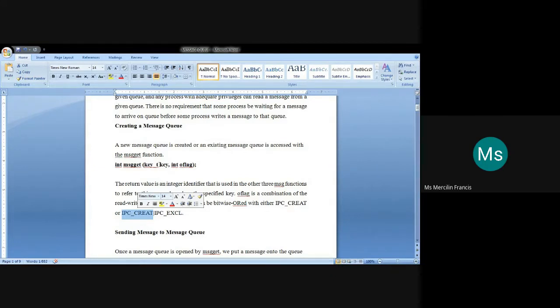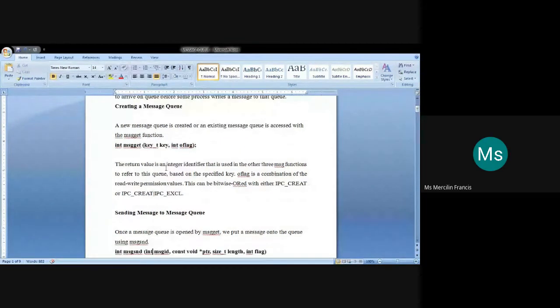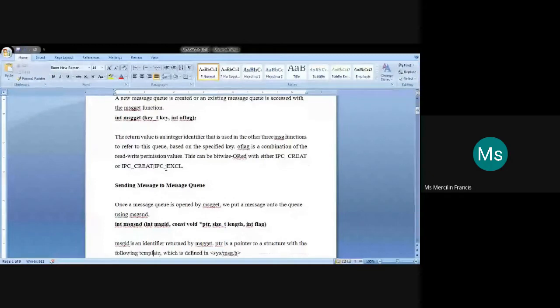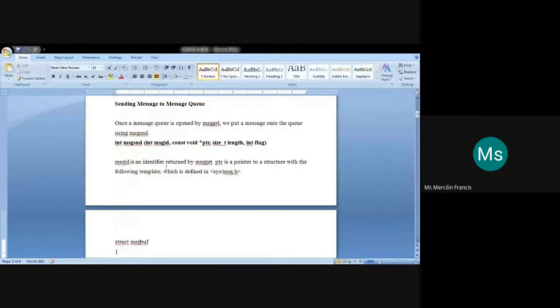A key value together with some flag variables will be used in order to create a message queue. And once a message queue is created, you will be able to send messages between the sender and the receiver.